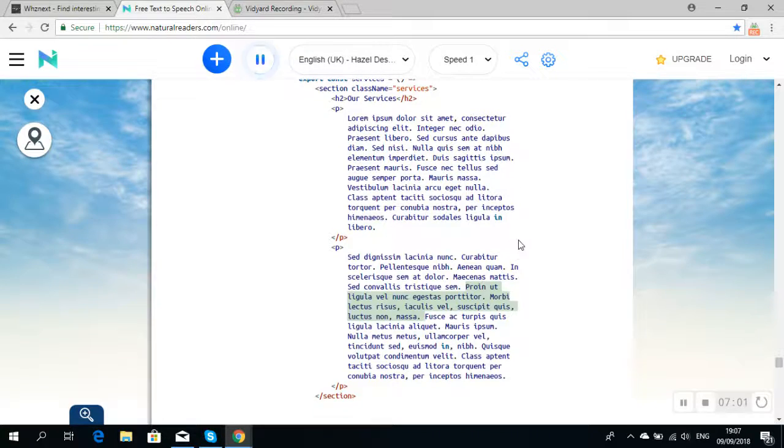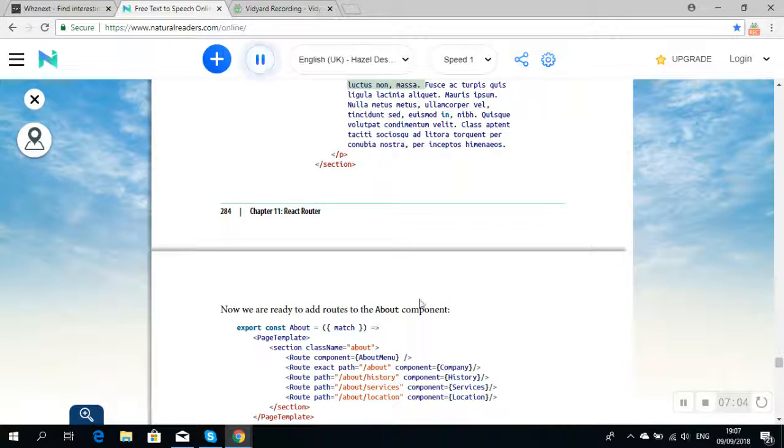Morbi lectus risus, iaculis vel, suscipit quis, luctus non.</p>